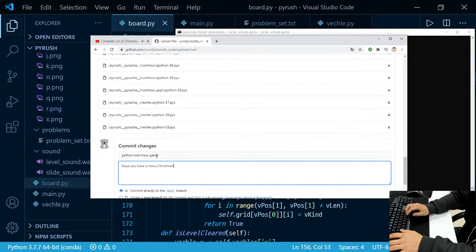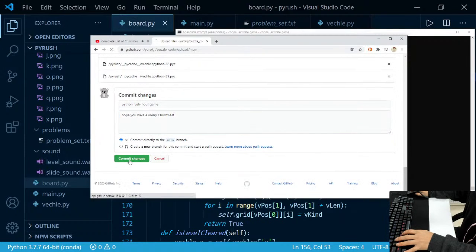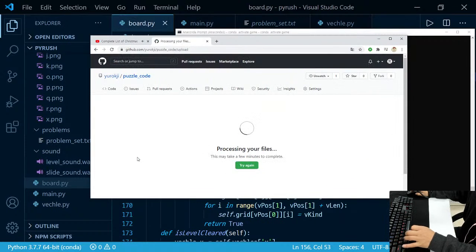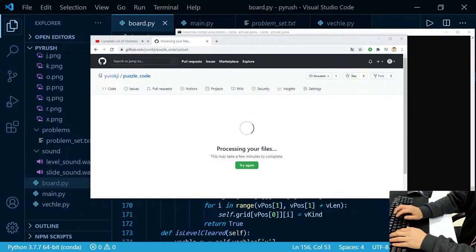That's right. Change that. I'm gonna say bye bye. Thank you. Source code you can have from this